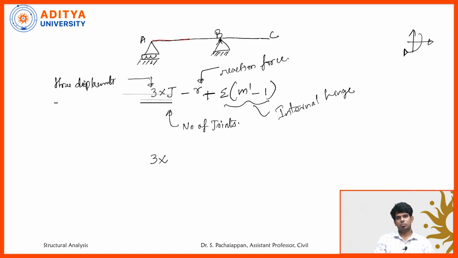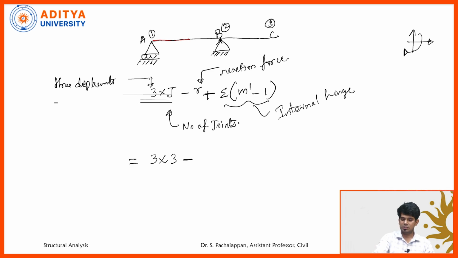In structural analysis, the free end is also considered a joint, because the free end is going to deflect in a downward direction. So there is a displacement over there. That's why we consider the free end a joint. So the number of joints is 3. Let me write down joint 1, joint 2, joint 3. So 3 joints are there, minus